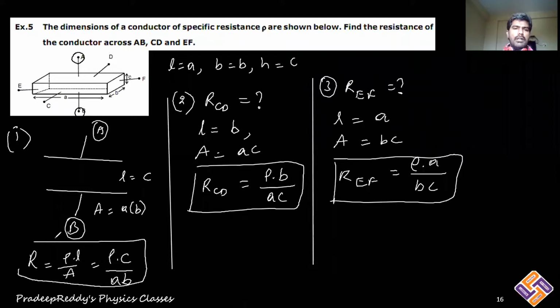From this, what is your observation? Resistance of the conductor depends upon dimensions and through what points you are finding resistance. You should keep that in your mind. If you are finding resistance across AB, it is different, across BC, it is different, across CD, it is different. For the same conductor across different phases, you will get different resistance, but overall resistivity will remain the same for that conductor. That is an important thing you need to keep in your mind.